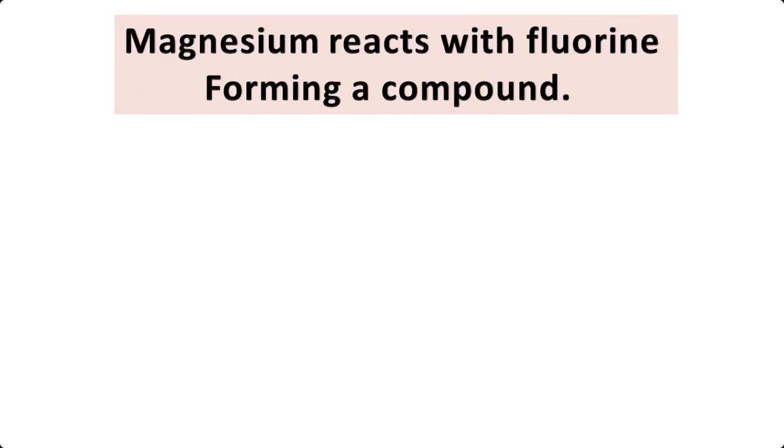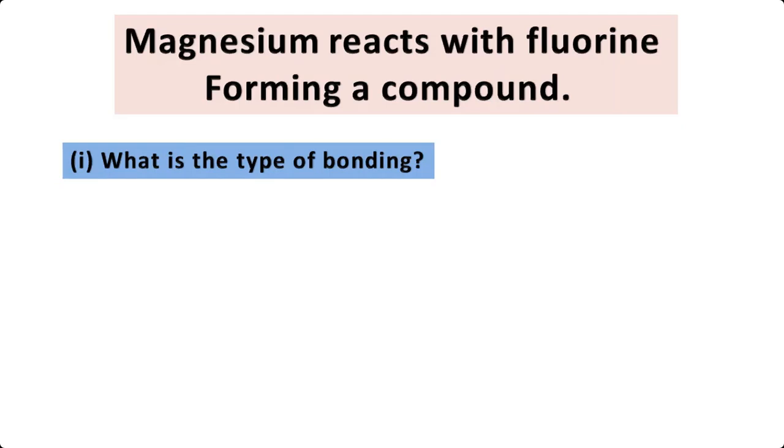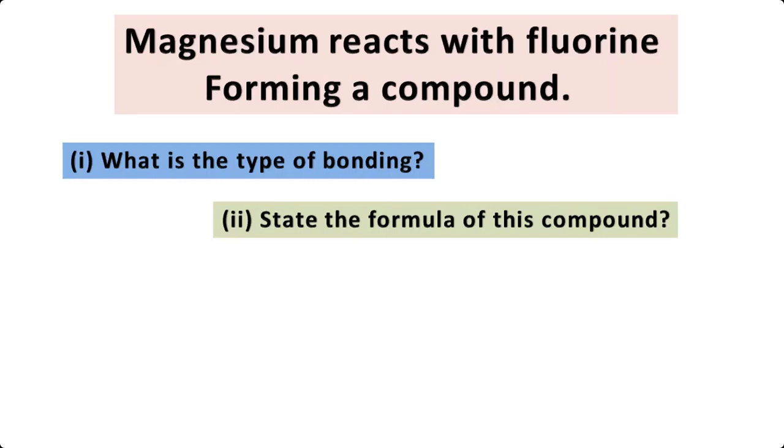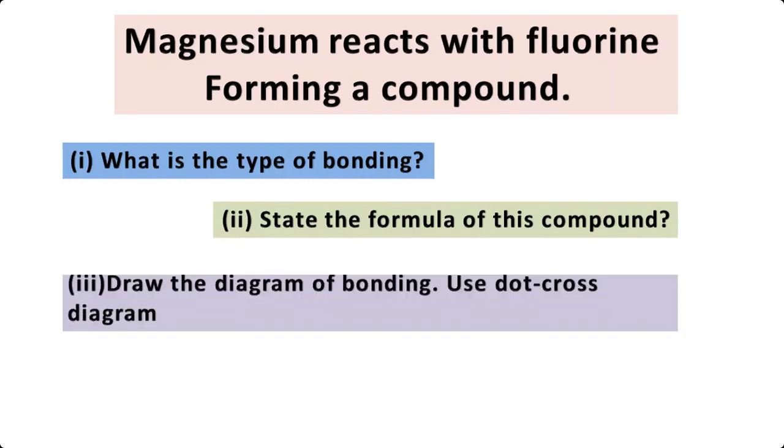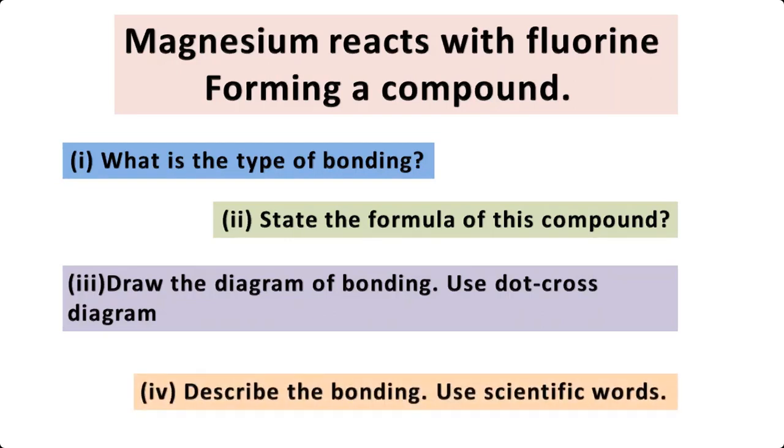I would like to start with a beautiful type of bonding, which is ionic bonding. So let's do this with this one here. The question is, magnesium reacts with the fluorine, forming a compound. So we have a lot of questions about these. The first one is, we have to determine the type of bonding, and then we have to state the formula of this compound. Next, draw the diagram of bonding using a dot cross diagram, and then we describe the